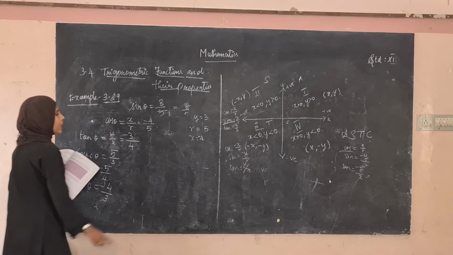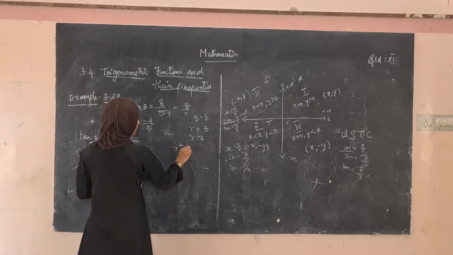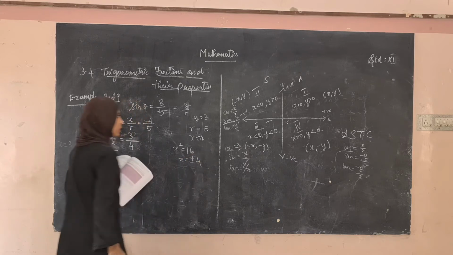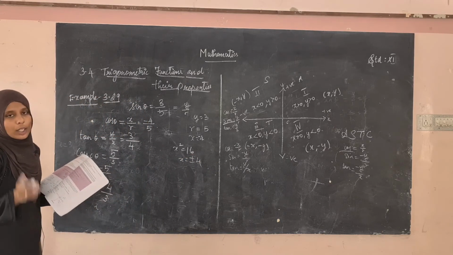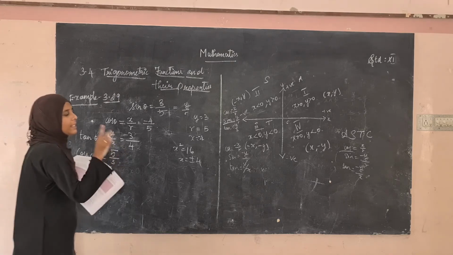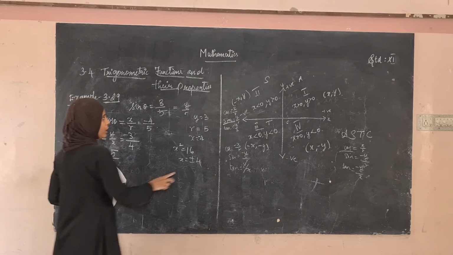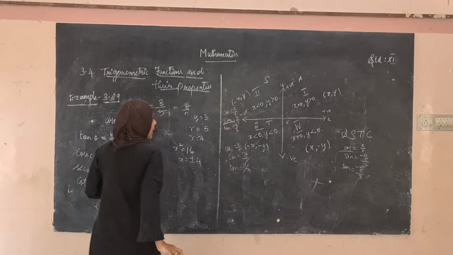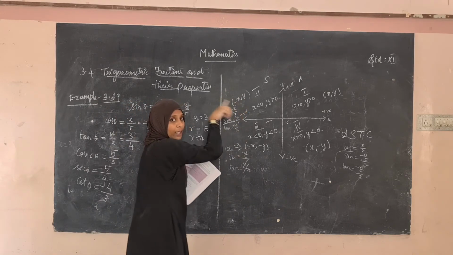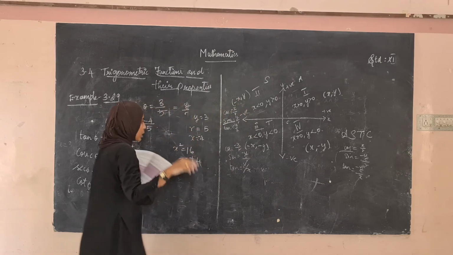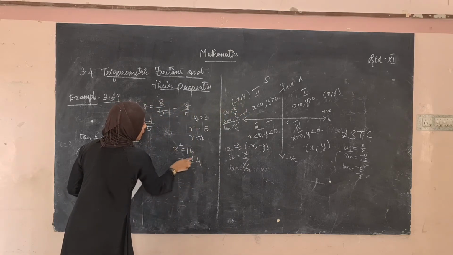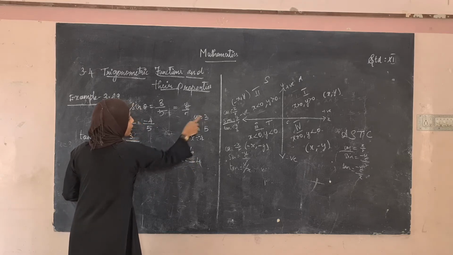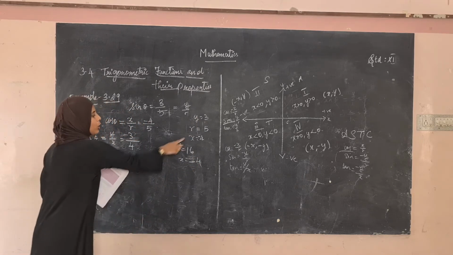Okay, see here. The x square value we got is 16. So the x value will be plus or minus 4. Right. So in the question what they have given is that the angle is in the second quadrant. So we are going to find the values of all these 6 trigonometric functions in the second quadrant. In the second quadrant, the x value will be negative and the y value will be positive. So we should not take plus 4. X should be minus and the y value should be positive. So that's why we took minus 4.